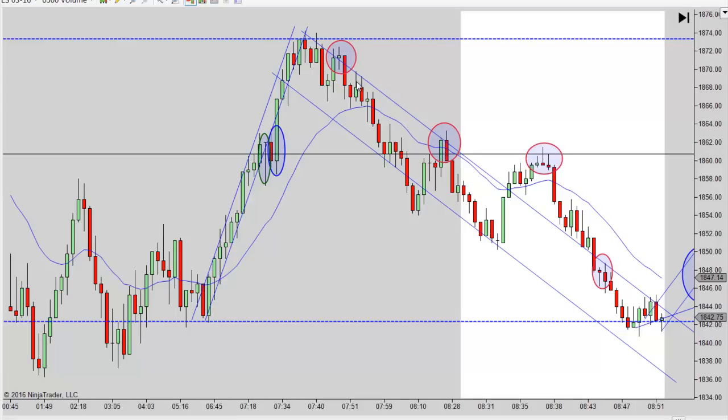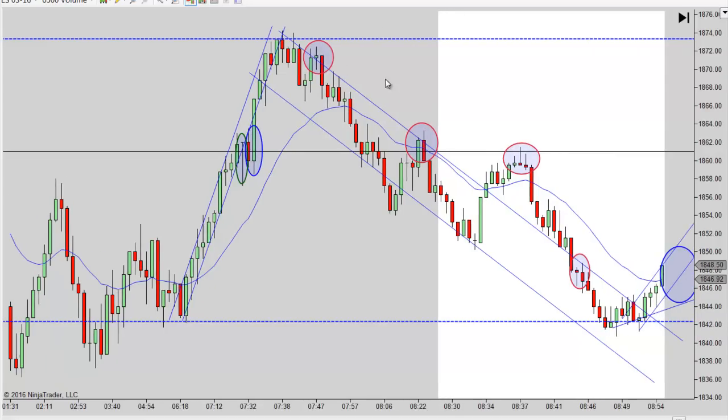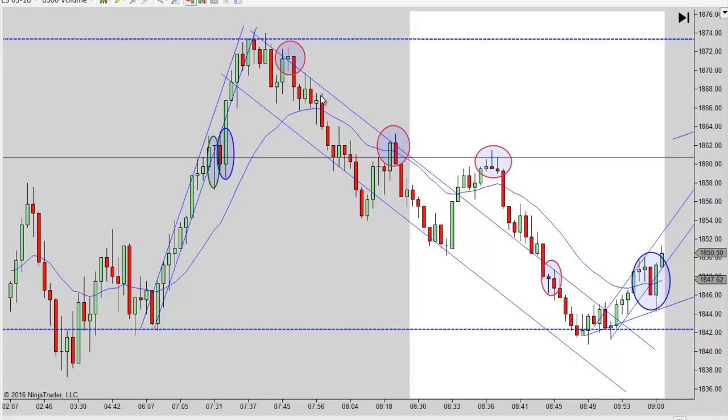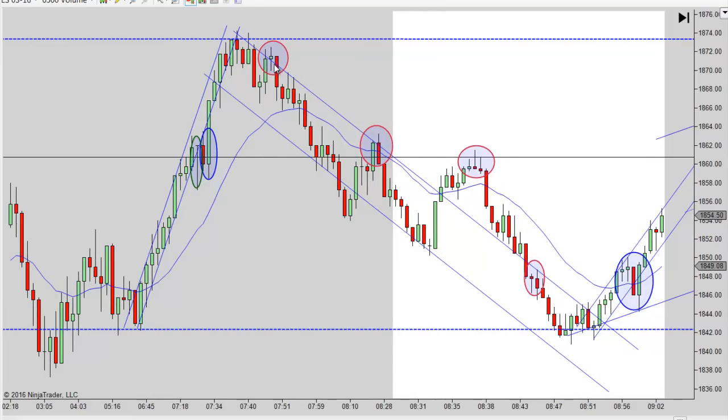I really would have liked to have entered here too, and it's tempting. But that's right into that EMA, and you never know when it bounces and goes higher and makes another new high. We do have a close outside here and a new high on this little trend, but sometimes until it kind of works through that EMA, you need to be careful especially when it's been that bullish. If it hadn't been this bullish on the way up, I probably would have said, hey, this might be a good entry here. And if it would have turned back up there and touched the line and turned down, I would have liked going short there with that big negative bar, but it didn't break higher, so I just wasn't crazy about it. But if you got in here, you got a chance to get some of this,